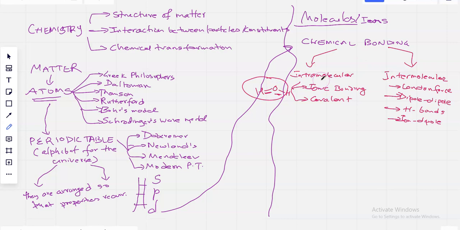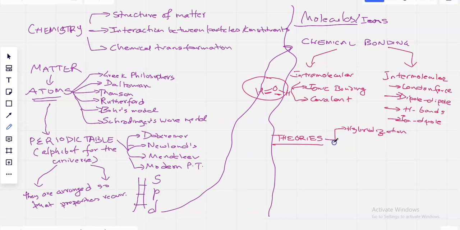Okay? So once you talk about the types of bonds, then I talk about the theories. How are chemical bonds formed? Of course, these are types of chemical bonds, and these are what's responsible for keeping the atoms intact. But what are the different explanations which describe the process of bond formation? And this is where I talk about hybridization,